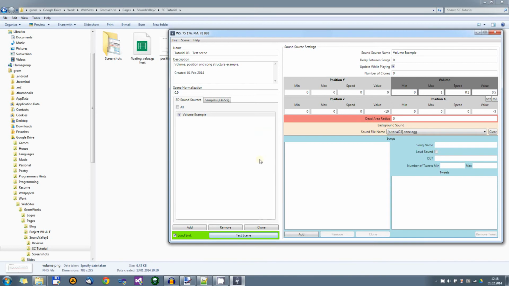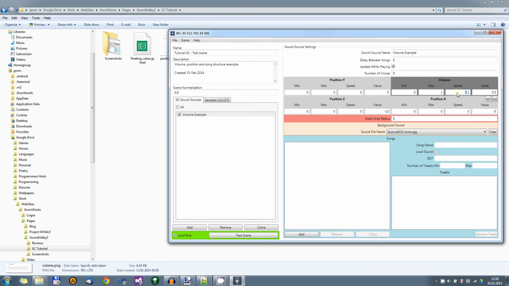I hope you can hear it, and as I said previously, you can download this test scene from the website and listen yourself inside the Scene Composer or inside the Soundwell application itself. It really doesn't matter, but you can hear it as an example of the constant position and